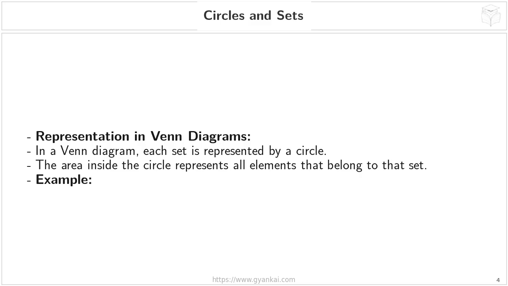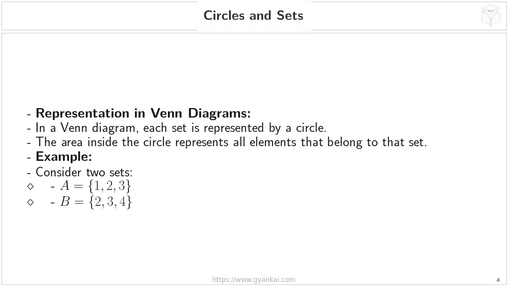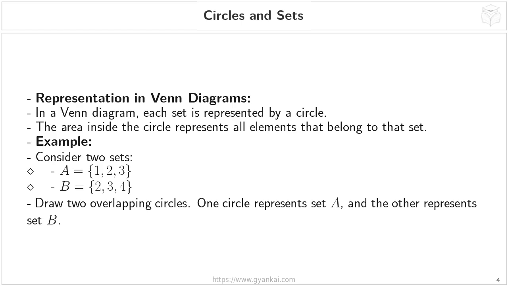Set A, which contains the numbers 1, 2, and 3, and Set B, which contains the numbers 2, 3, and 4. Now imagine you're drawing this on a piece of paper. What we want to do is draw two circles. One circle will represent Set A, and the other will represent Set B, and here's a key point: these circles overlap. We'll talk more about why they overlap in the next slide, but for now, just visualize two circles intersecting